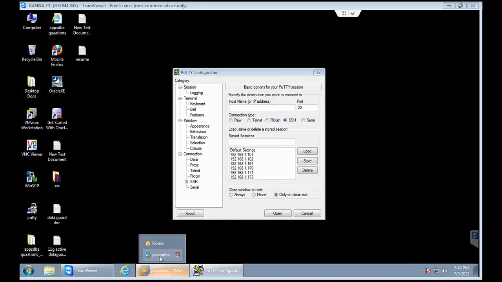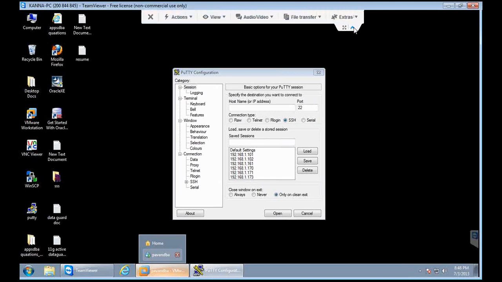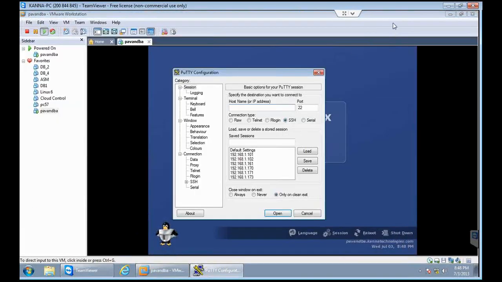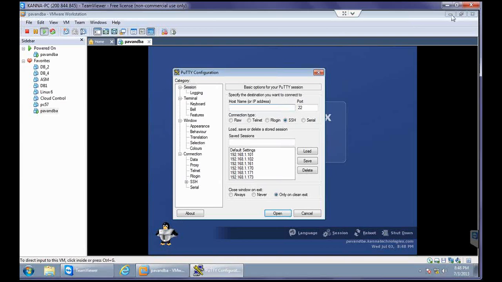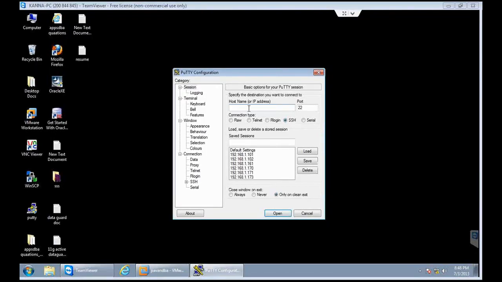If you remember, for this Linux operating system, yesterday I have given one IP address. So I need to provide that IP address here. The IP address which I have given yesterday is